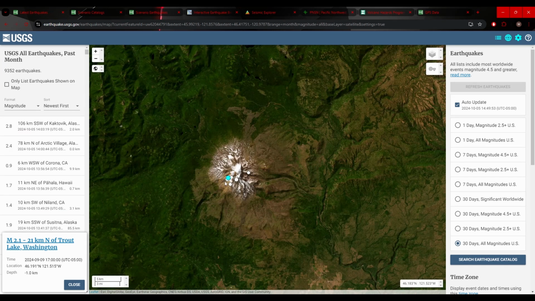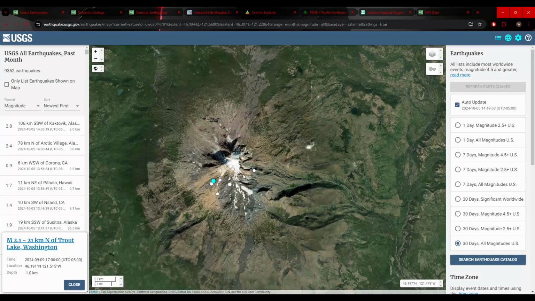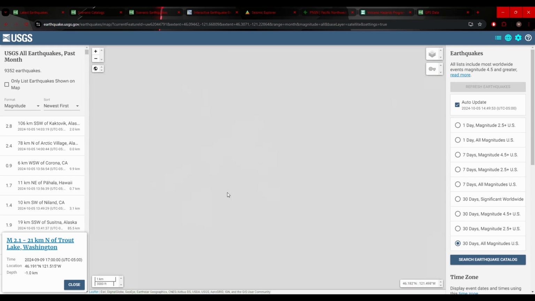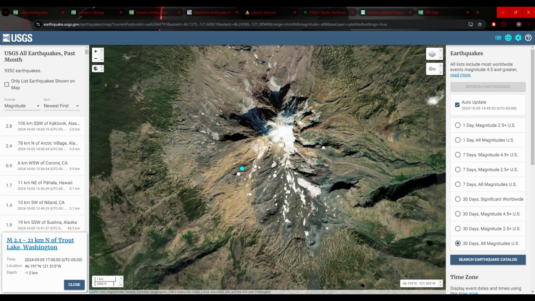However, at Mount Adams, there's only one seismometer actively monitoring the volcano. So due to that and the small scale of the earthquakes, they're actually going to be putting more seismometers, at least for a time, to get a better constraint on what's happening. I don't believe these earthquakes are magmatic, but I have another website that I'll be showing you in this video for volcano monitoring, so I'll get to that